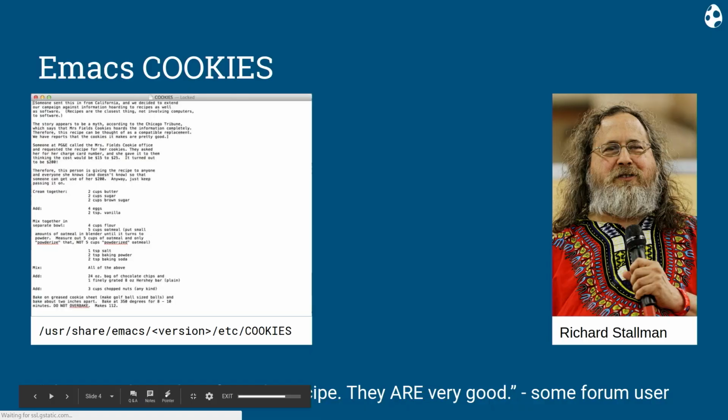But if you're a true Unix wizard, you're probably using Emacs, beyond me, but good for you. So there's a bunch of little secrets hidden here, but the coolest one to me is if you're on a Mac specifically, and you go to that file path, you're going to find a file called cookies, which is a cookie recipe.